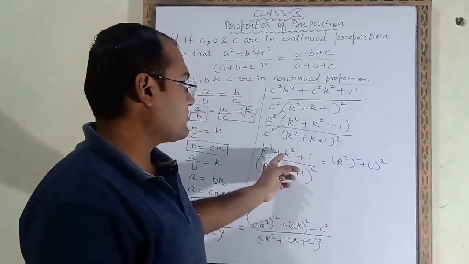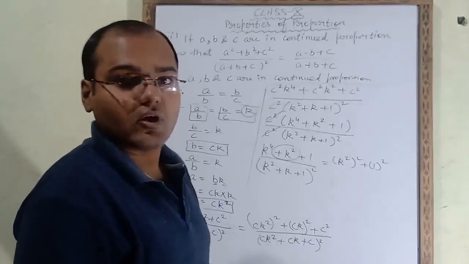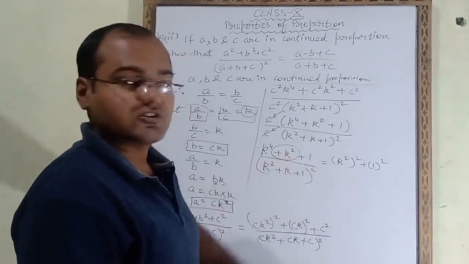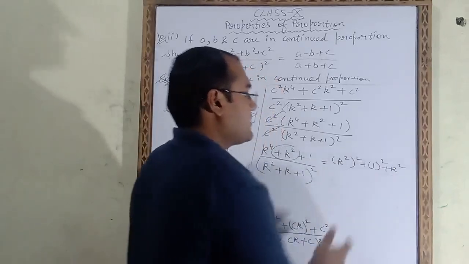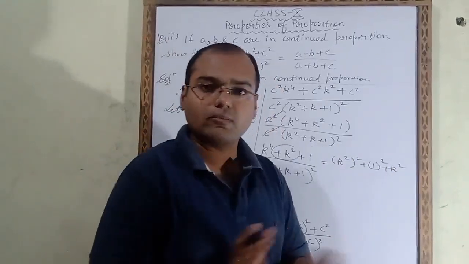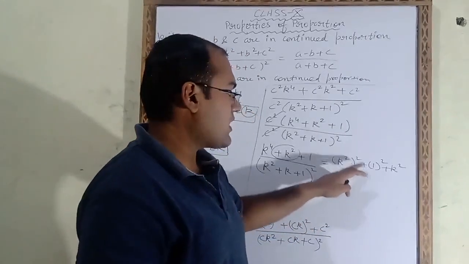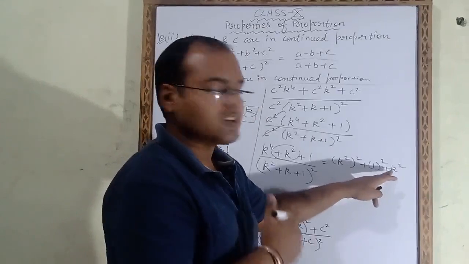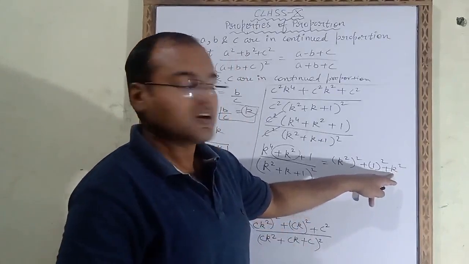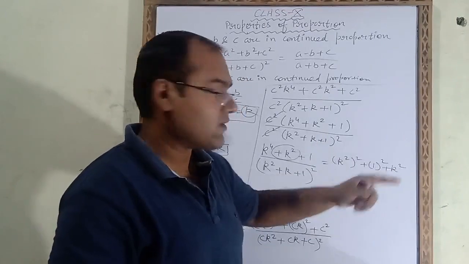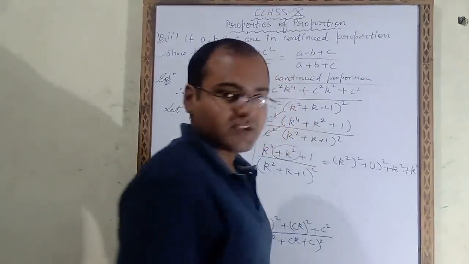So we will observe that only one term is remaining. The remaining term is plus k square. What is it? Plus k square. So this remaining term we will write as it is. But if we observe, with the help of these three terms, we will not be able to make any formula. In order to make the formula, a square plus b square plus 2ab is needed. What is needed here? 2k square should be there. In order to bring this 2k square, what do we have to do? We have to add 1 k square ourselves.